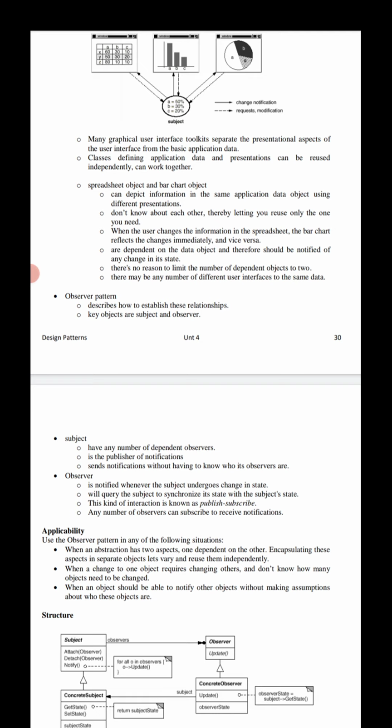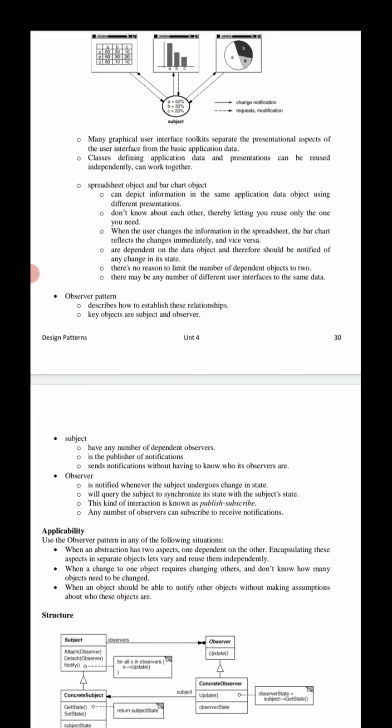There is no reason to limit the number of dependent objects; there may be any number of different user interfaces to the same data. So the observer design pattern describes how to establish these relationships, and the key objects in this design pattern.